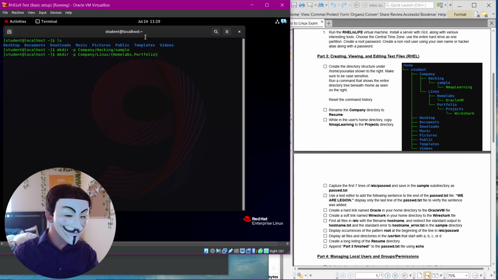Now, if you don't remember, this is introduction and stuff. Linux has different characters that mean very specific things in the UI, like dash, the tick, or the slash, the // or the \/. Each one of these has a special meaning when you are typing in Linux. And what this does is basically says everything you put in between these curly braces, separated by a comma, it will create that under what command you use. So if you're making a dir, it will make a home labs directory and a portfolio directory. If you do touch, it'll create the home labs file and a portfolio file. So yeah, we're